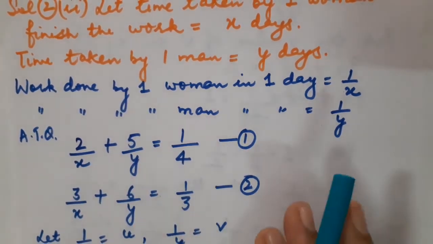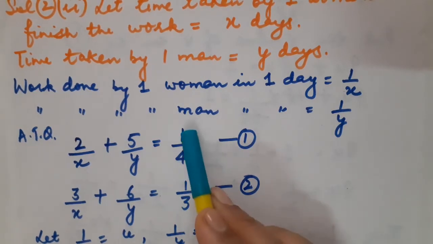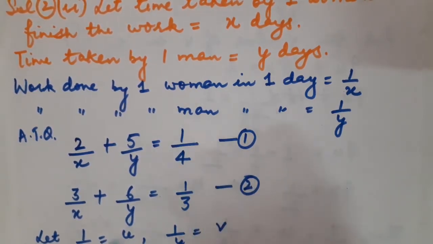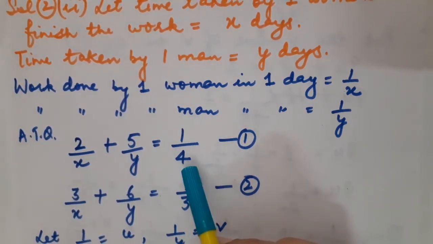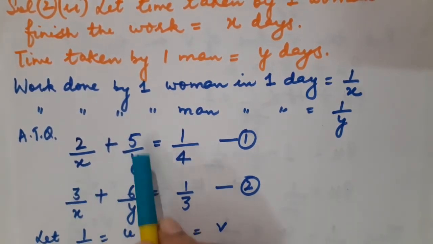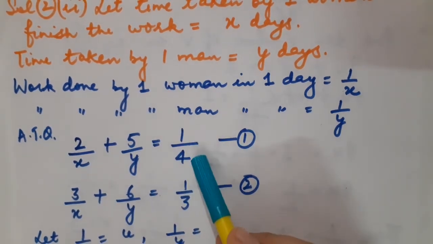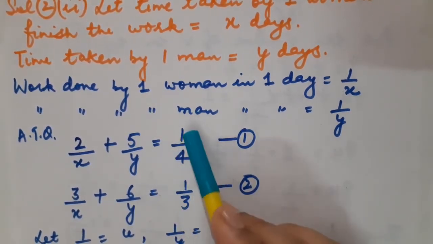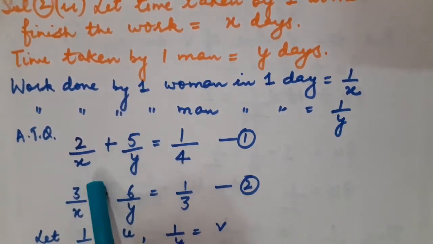As there were 4 days taken by both the persons, means 2 women and 5 men, I have to deal with the work done. They are taking 4 days. So how much work is done by them? That is 1 upon 4. Here please do not forget to convert it into work done. 2 women and 5 men were taking 4 days, so the work done by them is 1 upon 4. Generally the children used to write 4, but 4 are days. Here you are dealing with the work done.